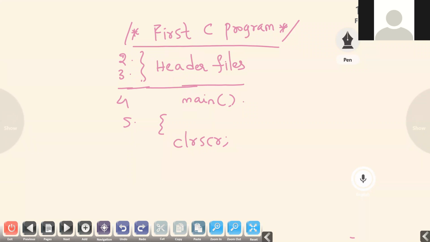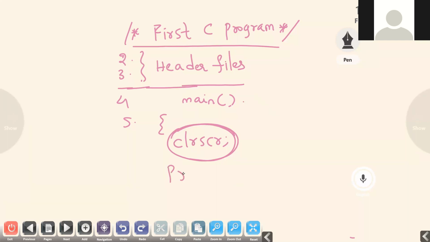It's not compulsory to use, but it keeps our program's output clear. If we don't use it, you will get confused about what the output of our program is. If you clear the screen first, you can see your program's output clearly.